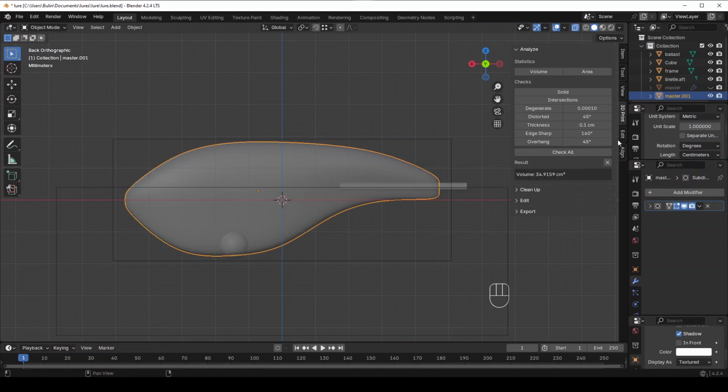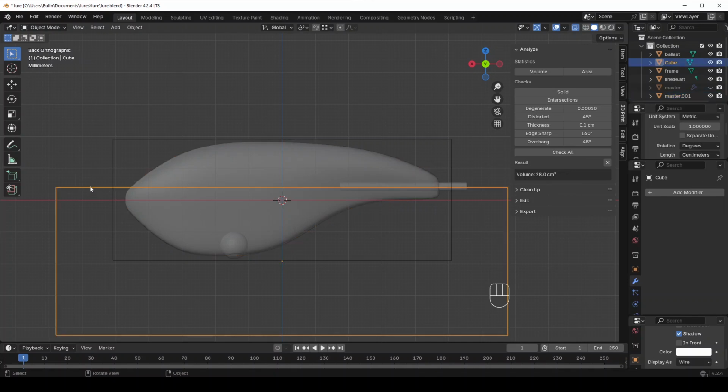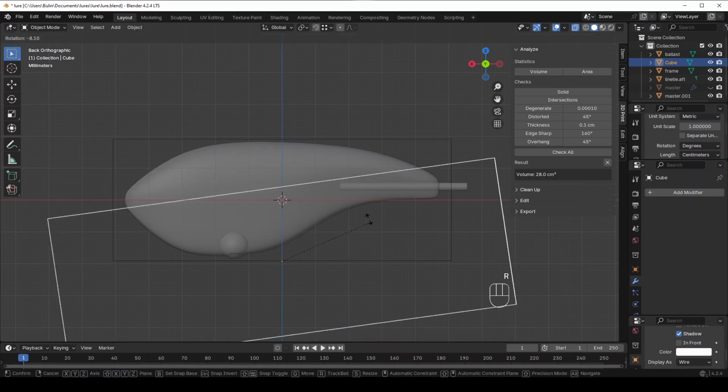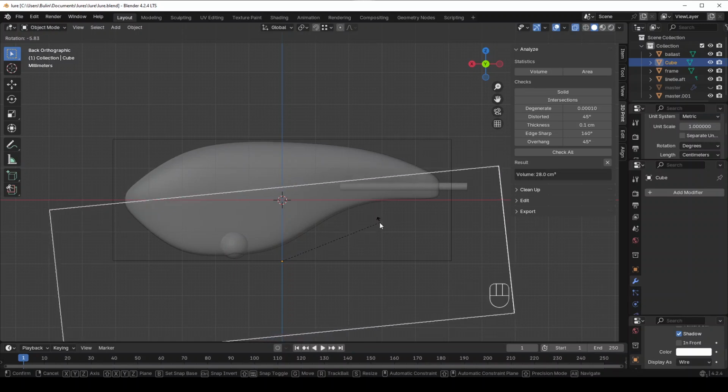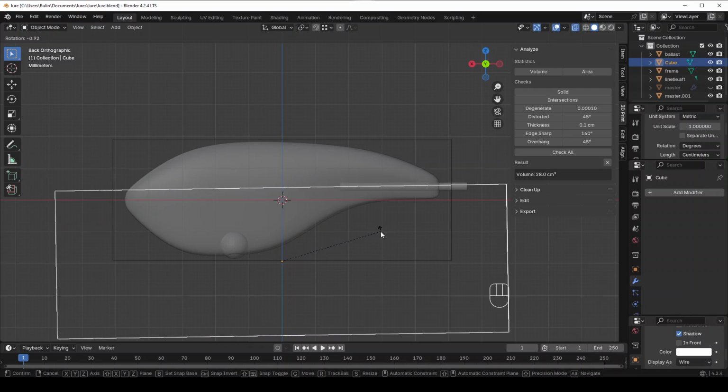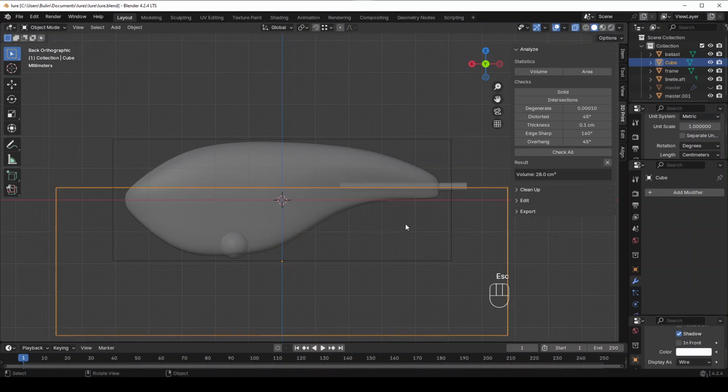Since we know that this is now 28, we need 14 and 14. When we cut this in half, we need 2 halves, 14 each. In order to make life easy, if we rotate this right now, everything rotates around the origin. So if we hit R, in the back there, it's no longer in the spot where we want it to start. We want it to start right there in the back. So what we're going to do